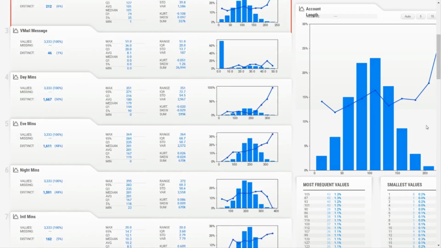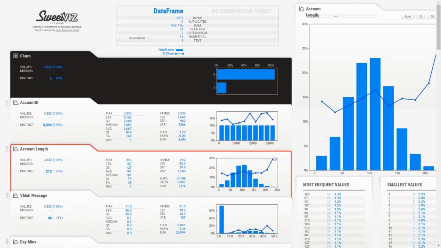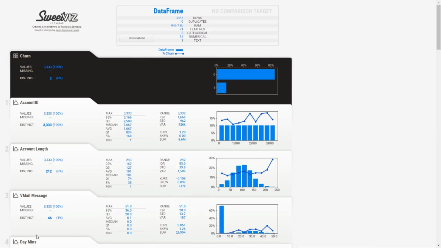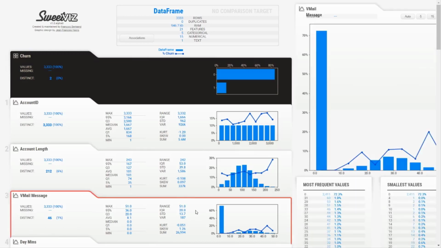Now let us look into the other features. One more thing is that once you want to see something else, you have to click back on the previously selected feature. Only then will you be able to select the other thing. So the email message feature shows that, as we discussed in our baseline metrics, most of the customers did not send any messages.